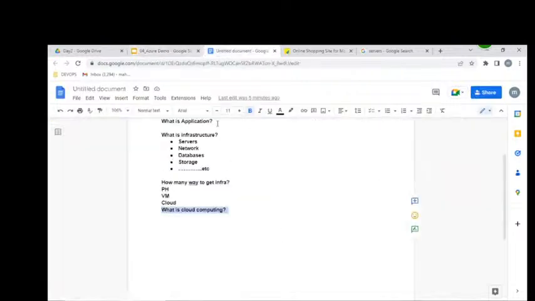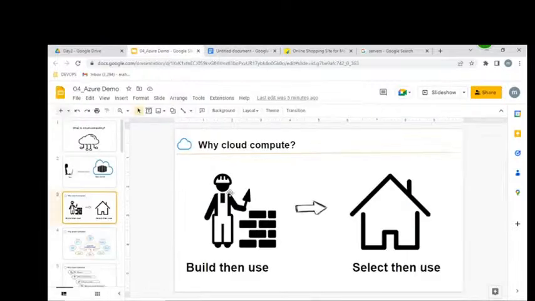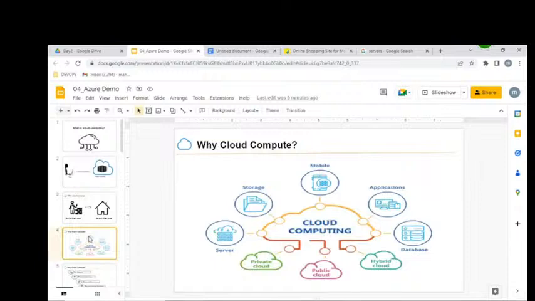So for maintaining our application, we require an infrastructure. This infrastructure we are going to get from where? Cloud. But which cloud are we going to use? If we are using cloud compute, what is the advantage, guys? Storage, we can get servers.